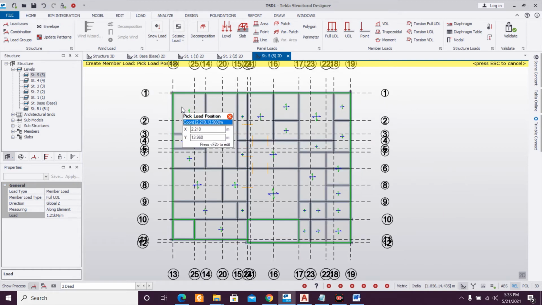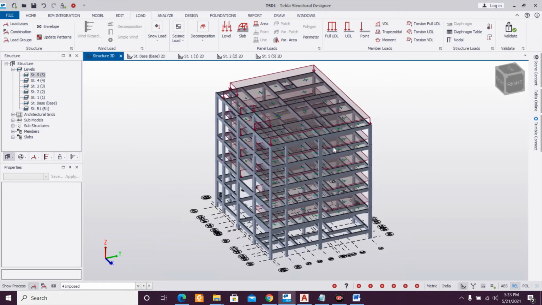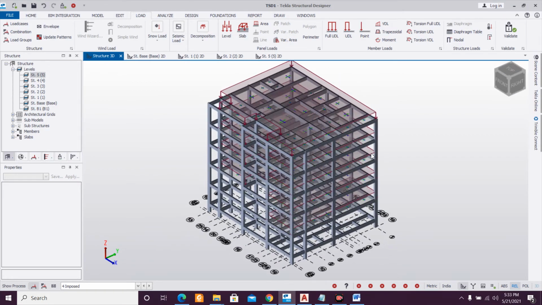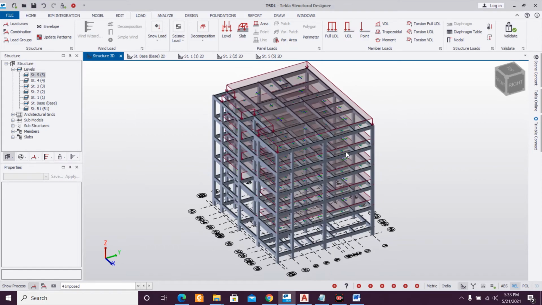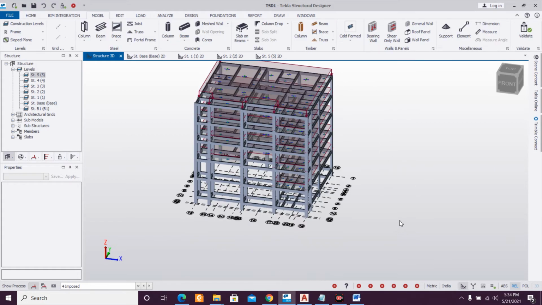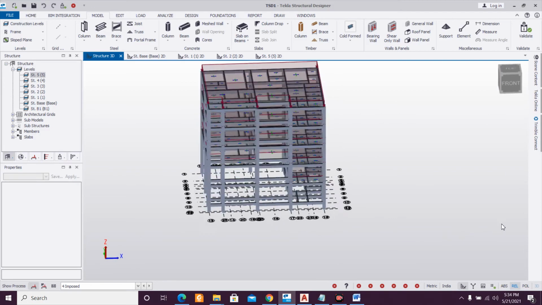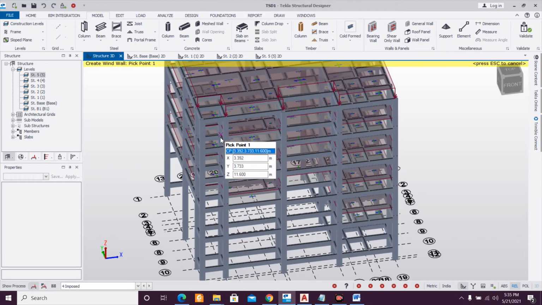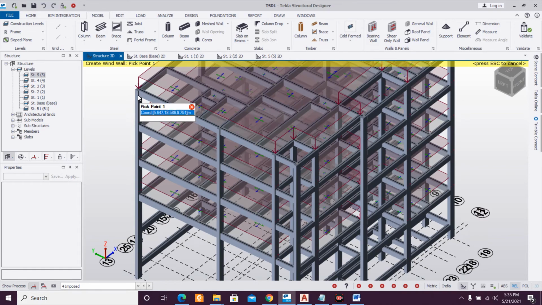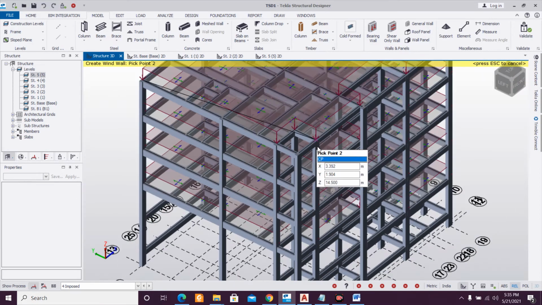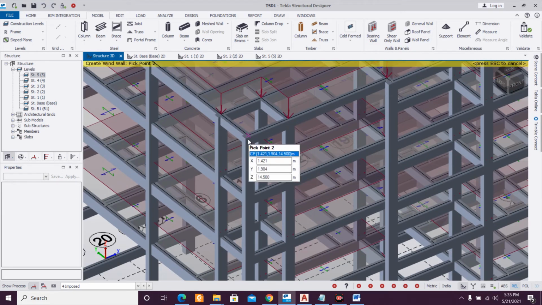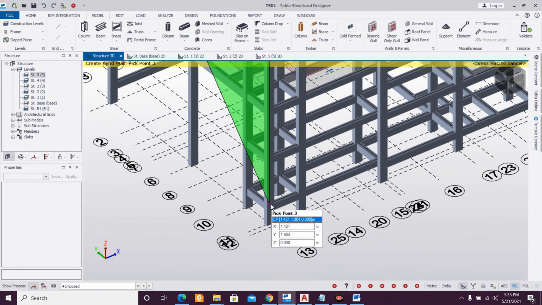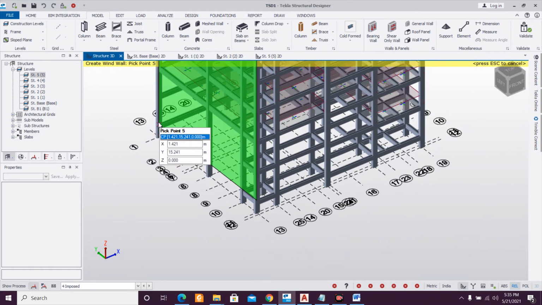After this is done, hopefully the imposed load is applied anyway. Okay. Now we are done with this. The model is not square, but let's try and apply some wind panels and see if this works. We'll go to model and we'll have this wall panel, select this panel here and this column here, and then select this.